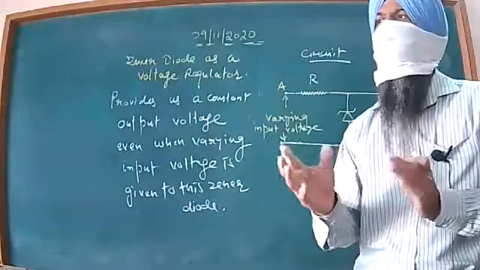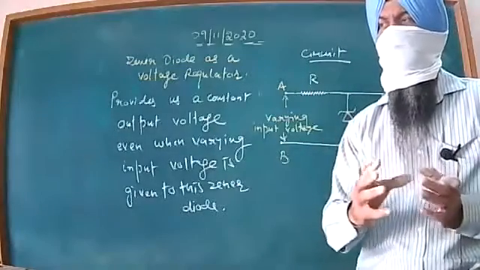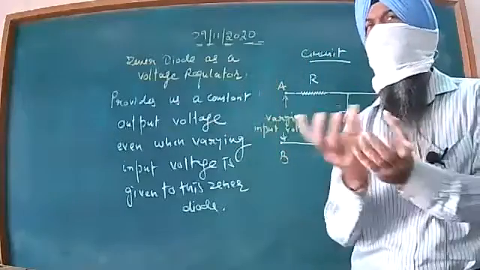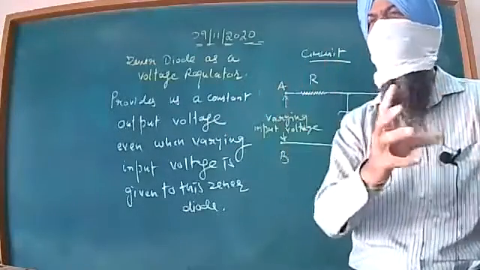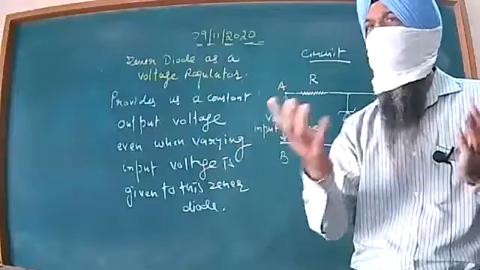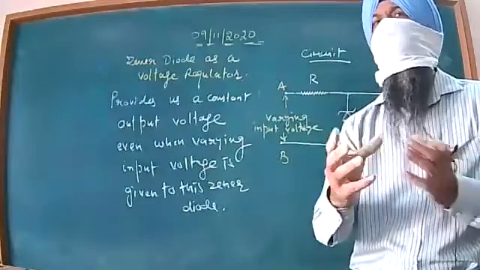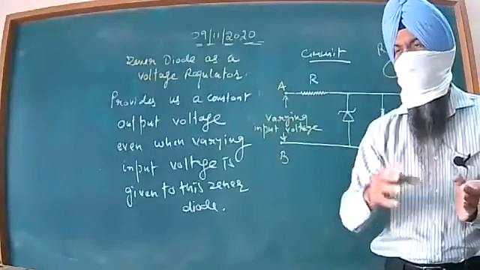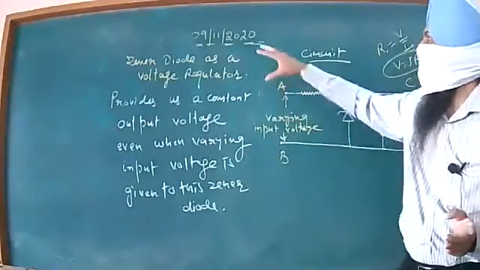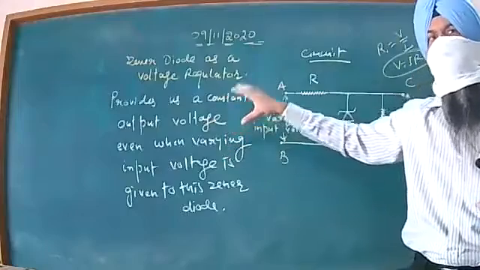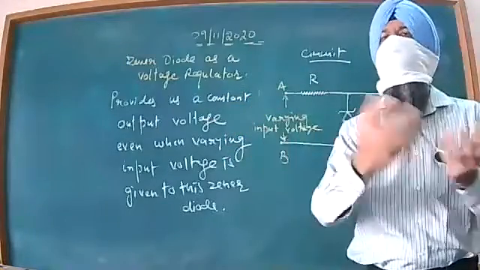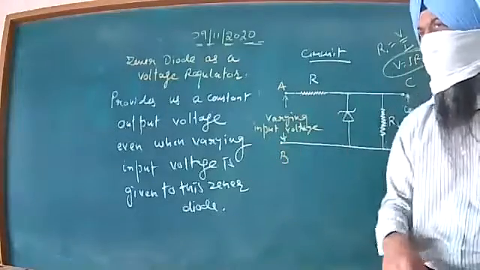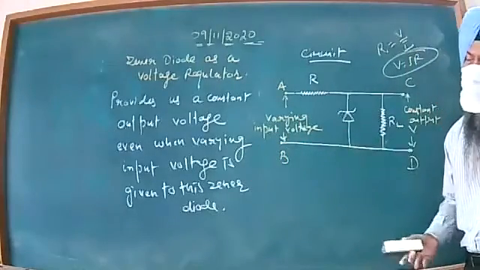You might have seen that a few years back, our home appliances like refrigerators, etc., had a voltage stabilizer on the top. That was a separate unit supplied along with the refrigerator, so that if the voltage is fluctuating, our refrigerator may not get damaged, beta. That voltage stabilizer was making use of these Zener diodes, cascaded Zener diodes, beta. Nowadays that is inbuilt in our modified or new refrigerators, so that is now a single unit, beta. So that is your Zener diode.